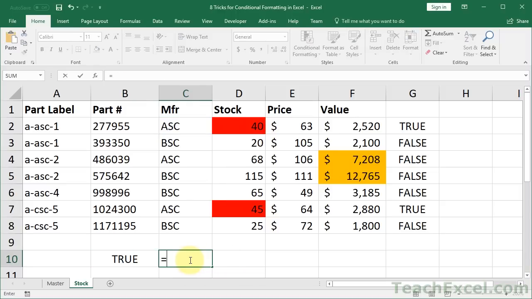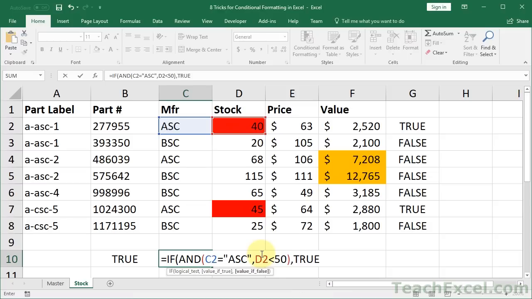So equals if, then that. So if it equals ASC and is less than 50, we want to initiate a reorder, so true. Then comma, if it's not true, if it doesn't equal ASC or it's not below 50, then we want to